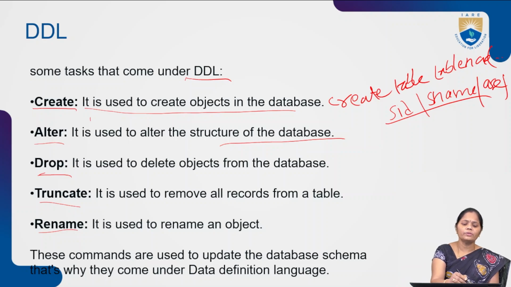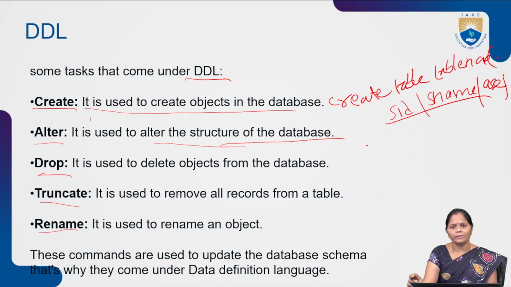So alter can be used to modify the structure of the table. By making use of alter table name, we have to add the column name. In that case, you can add one more column like branch to the existing table structure. Or else, generally whenever we are creating the tables, we provide the constraints on the tables like primary key, foreign key, check constraints, etc.